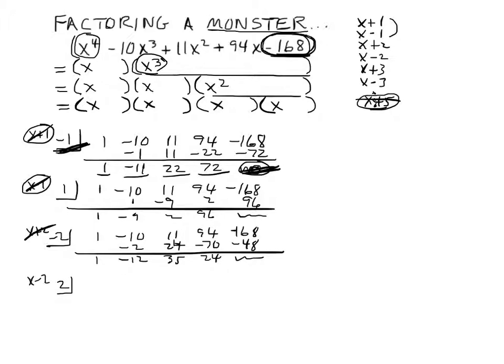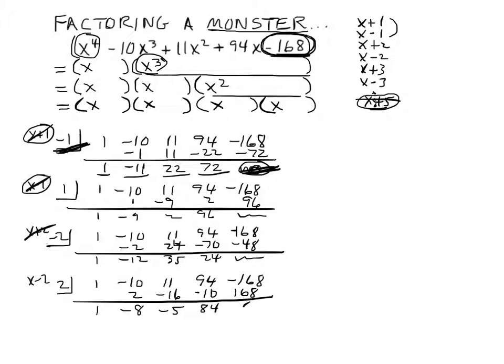We put a 2 in the divisor box. 1 minus 10, 11, 94, minus 168. Bring down the 1. 1 times 2 is 2, minus 8. Minus 16 is minus 5. Minus 10 is 84. 84 times 2 is 168. Voila! A remainder of 0, which means this binomial x minus 2